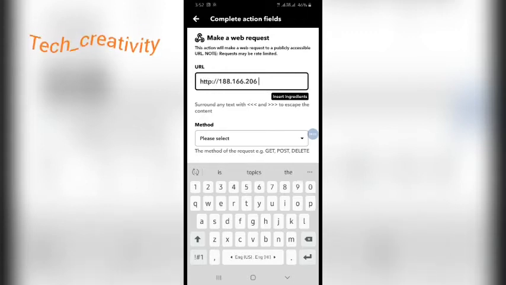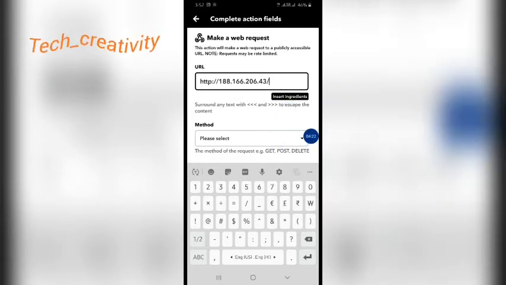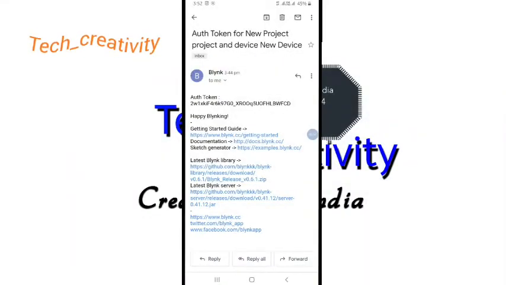First of all, we will type the IP address for the Blynk server, http://206.43... After that put the authentication code which was received on mail ID.